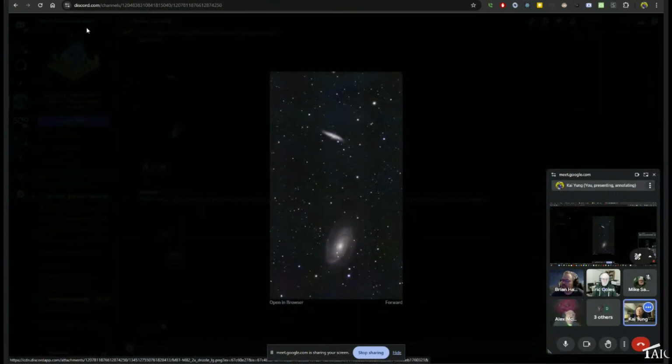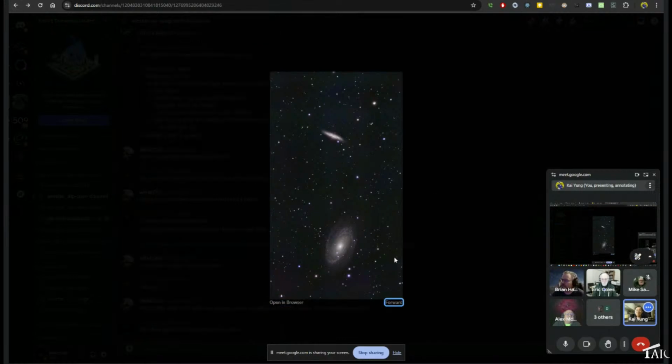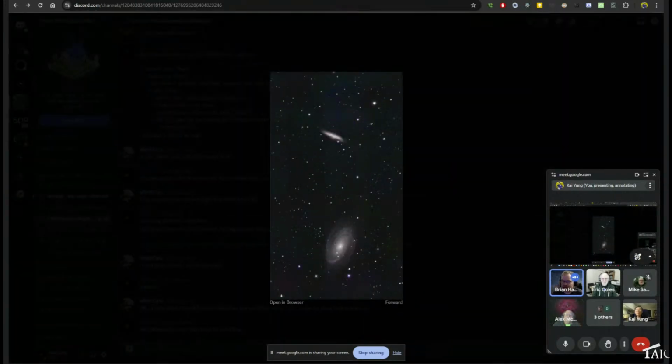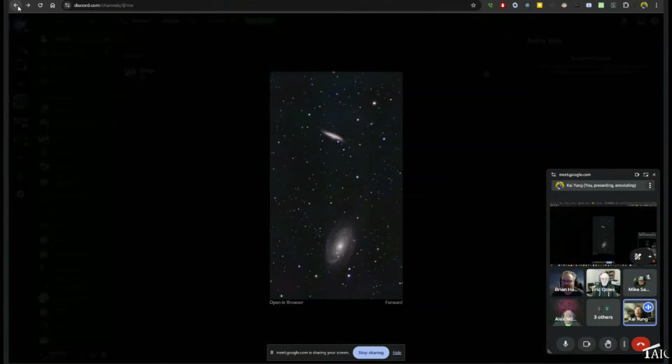So, cigar mode. If you scroll up a little bit from that one, there's that M81 that the one guy shot. Yeah, that's fantastic.